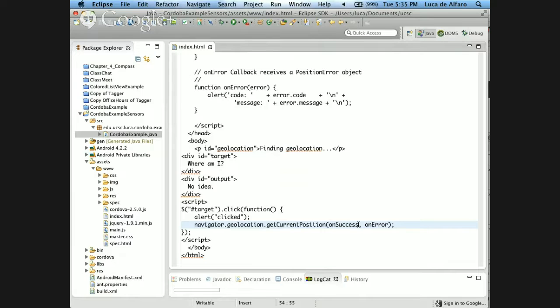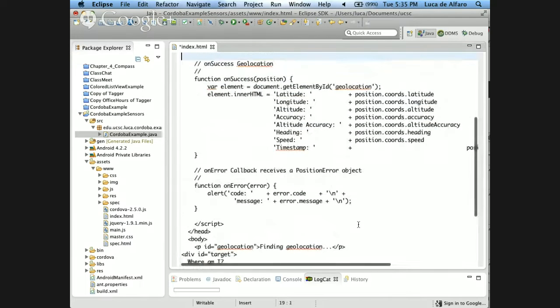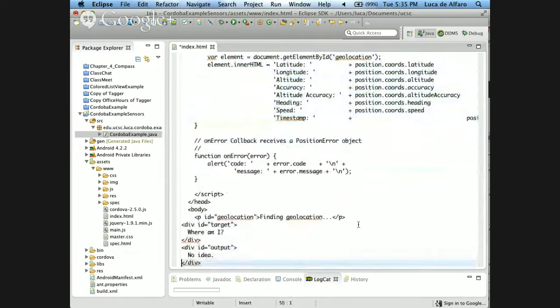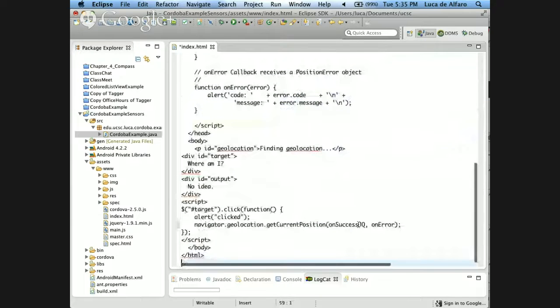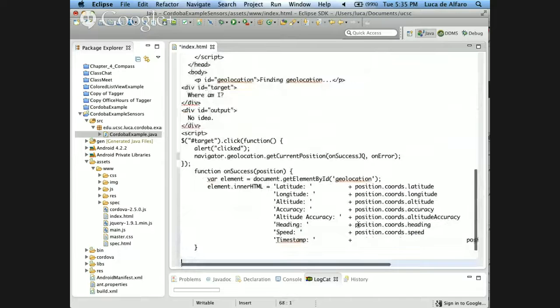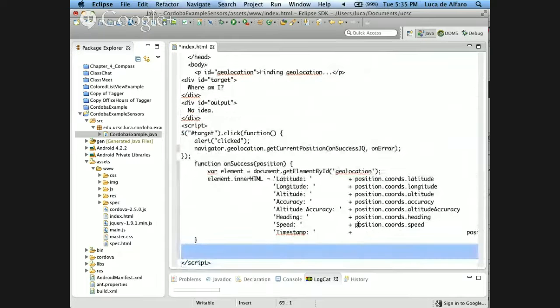I can use here another onSuccess function, onSuccessJQ for jQuery. I can copy this onSuccess function and write a different version in a different style. I can just write it here, and I can say function onSuccessJQ.